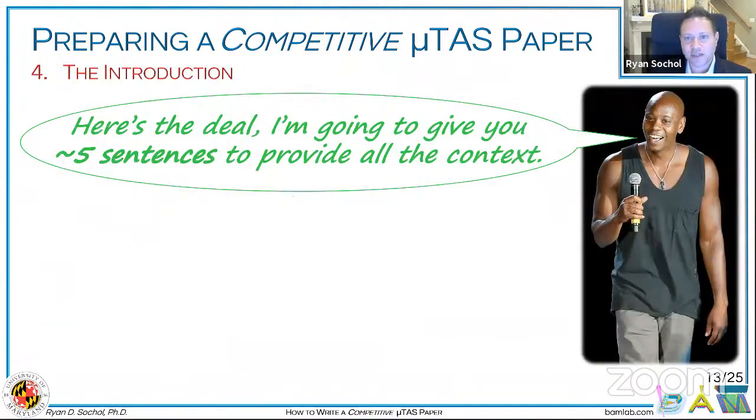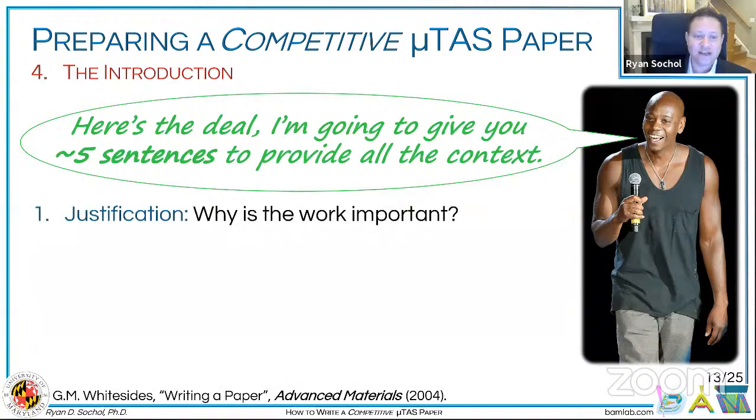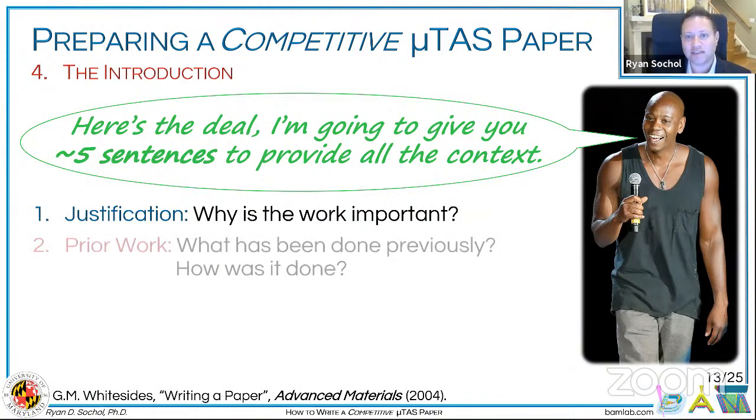So now we're going to get into a little bit more of the meat of the actual text, right? And so the introduction is a tough one, because basically in a very short amount of space, you want to try to provide as much of an introduction as you can. I would recommend about 4 to 5 sentences. So one is one sentence that justifies, why is this work important in your field? A second sentence that, in some cases, these can be combined into like a singular sentence with like multiple parts,